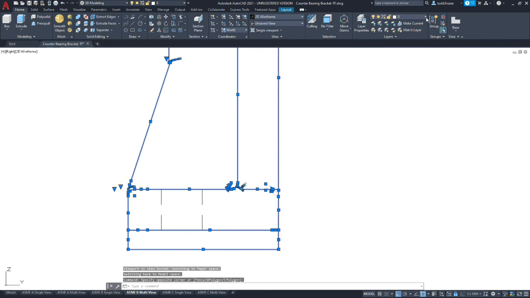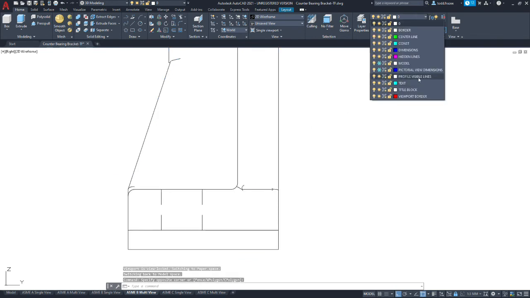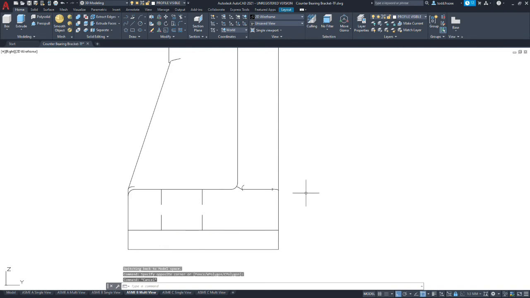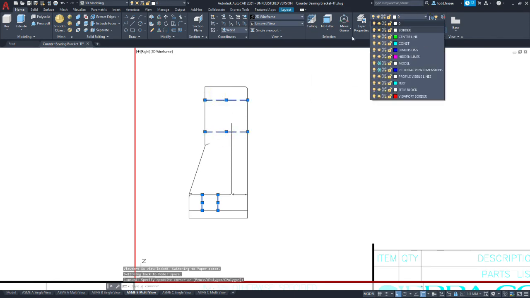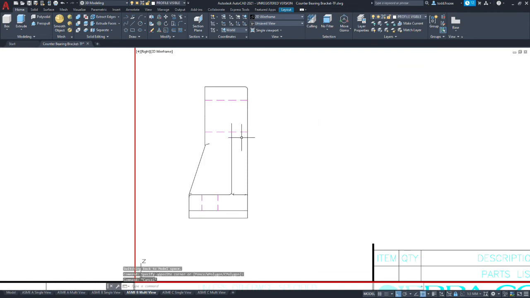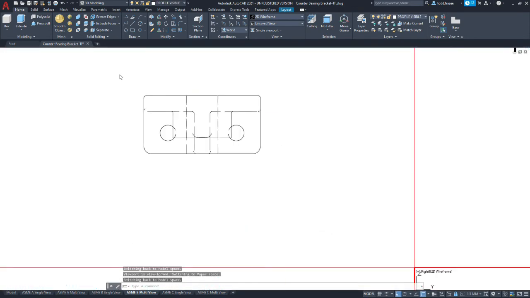Okay, we're going to move all that stuff to profile visible lines. And now we will move our hidden lines to the hidden line layer. Alright.